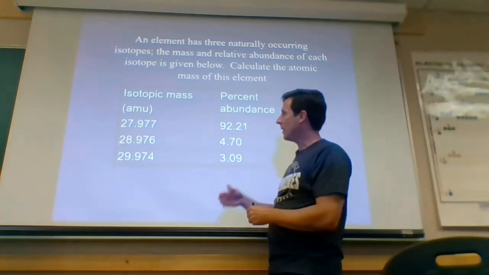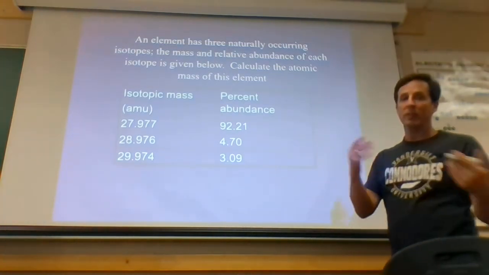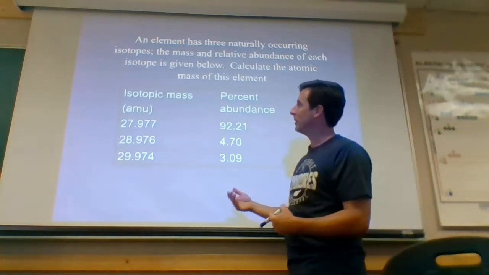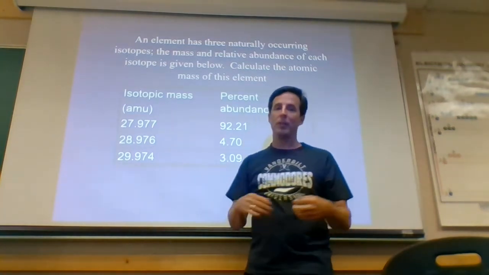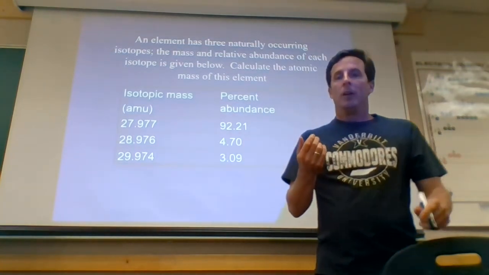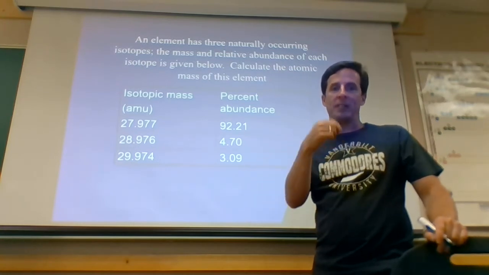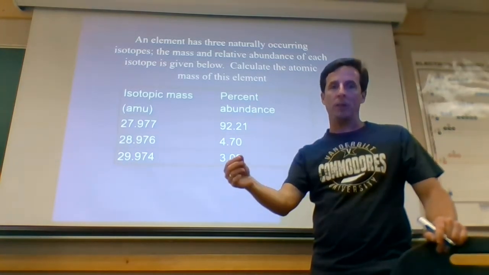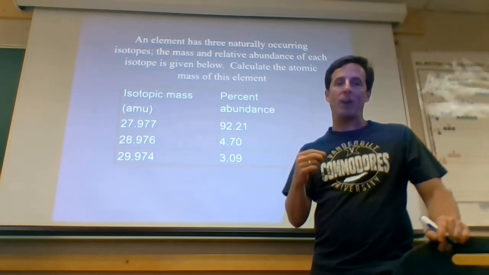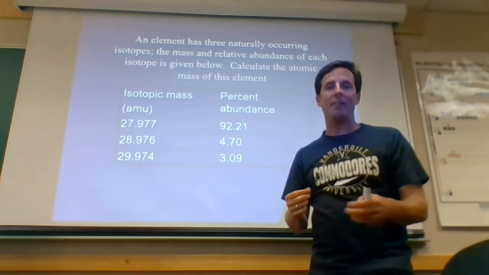So, next problem. Here's a real element. It has 3 isotopes. Now, something that's kind of important to know about the isotopes: on the previous slide, it said that bromine had an isotope that was 79 and an isotope that was 81. Those numbers are actually rounded. Okay, whenever you have an atom,